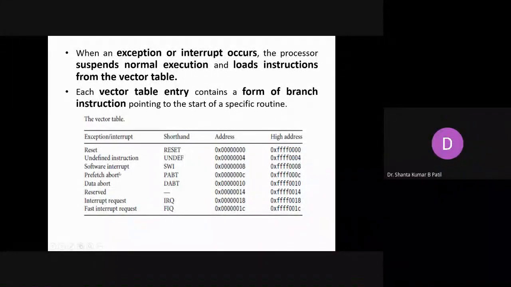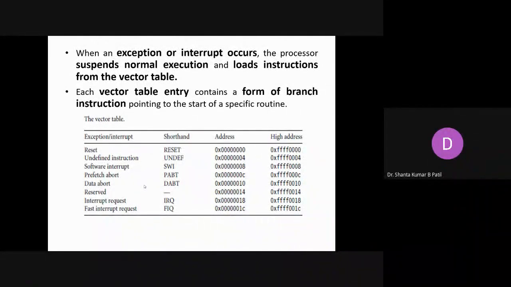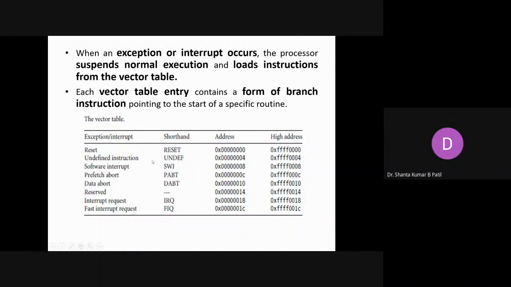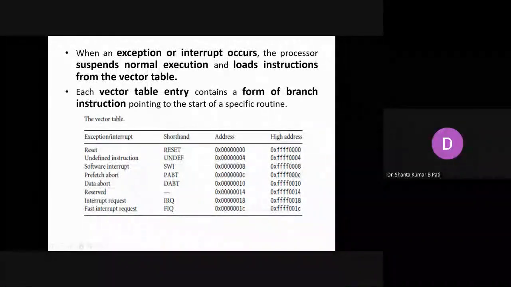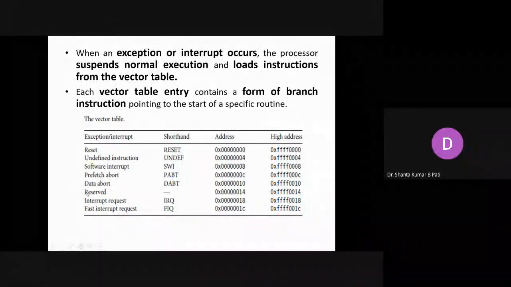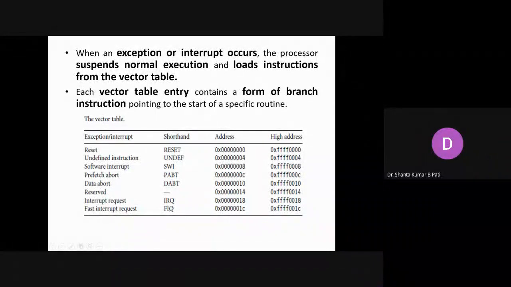Whenever memory access fails, it is going to pop up some message to the monitor. This is possible by executing the subprogram called the ISR of the memory failures. Like that, when a data failure occurs, it tells the user by executing the ISR of the data abort. Reserved: these are some of the vectors reserved for the future. Interrupt request, as I told, IRQ is there. And fast interrupt request, for which we use the shortened form FIQ.